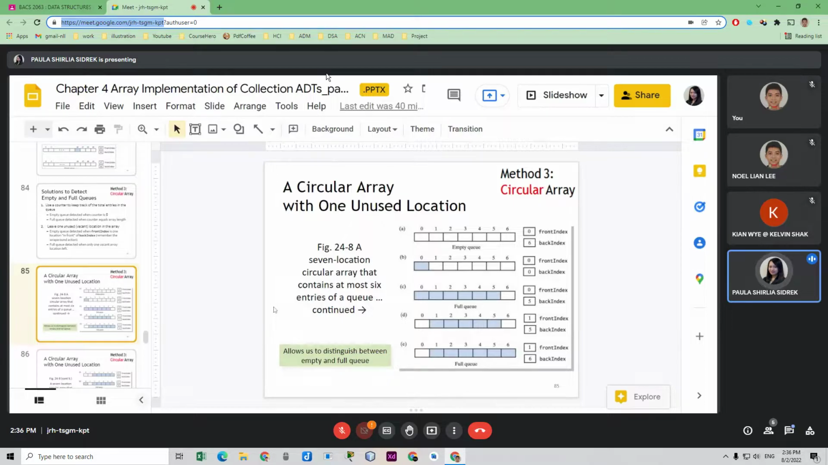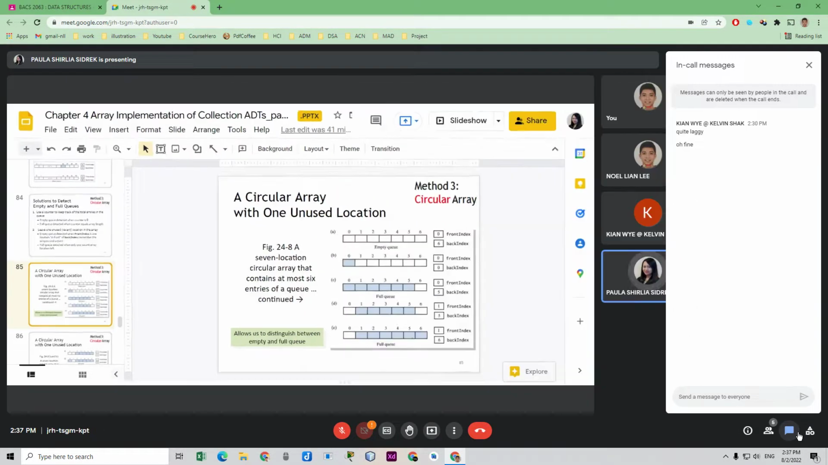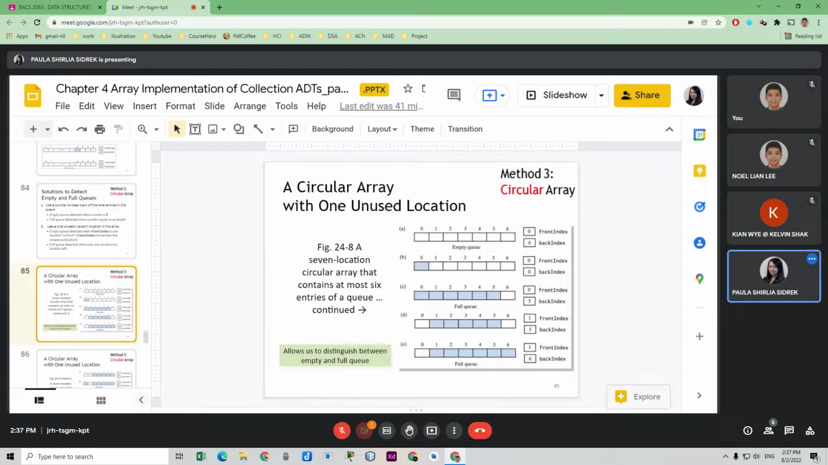This allows us to distinguish between empty and full queue. Like the one here, from A until C. Here, this is an empty queue, and then you have one slot front index, a 7 location circular array that contains at most 6 entries of a queue. Okay, so this one is right from the empty, fill up from the 1 until,